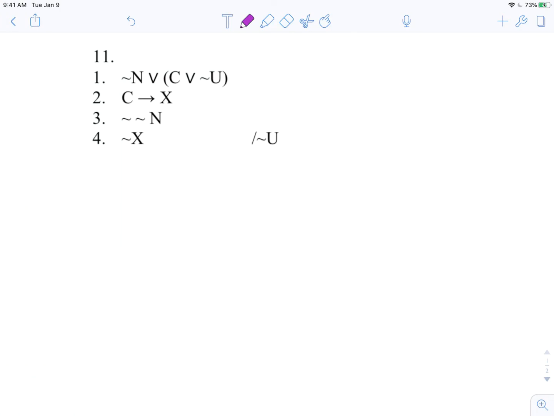Now, I wanted to look at one last example. One of the common issues that students tell me they have is with double negations. And here in number 3, you actually see that we have a double negation right there. Now, a couple things I want to say here. One, students often ask, well, hey, I see a double negation sitting here, not not n, so can't I just convert it to n? And, well, I guess my answer here would be, yes, there are rules that will allow you